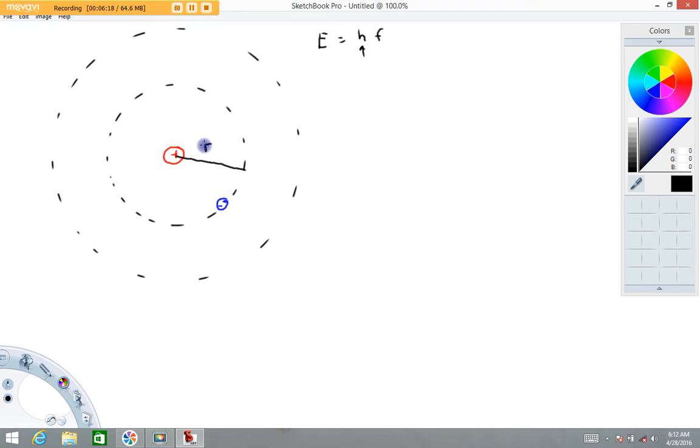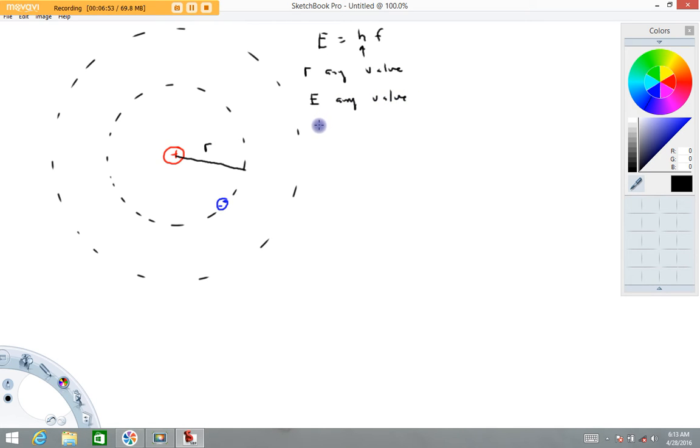Now, these orbital distances, I'm going to call this r. If r could be absolutely any value in the universe, if it wasn't restricted in any way, then the energies of the orbits would have no restrictions on them. So basically this electron could absorb very little energy and move out, in my picture, just 1 centimeter or 1 millimeter or 1/10 of a millimeter, and then fall back down. It's important to realize that if r could be any value, then the energy of the orbit could be any value,